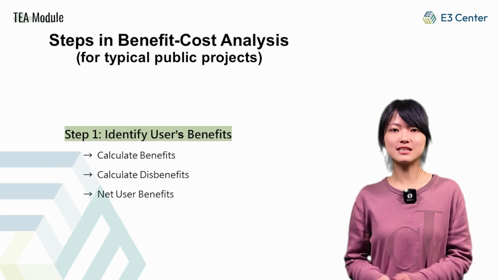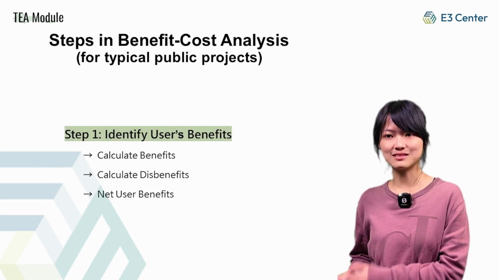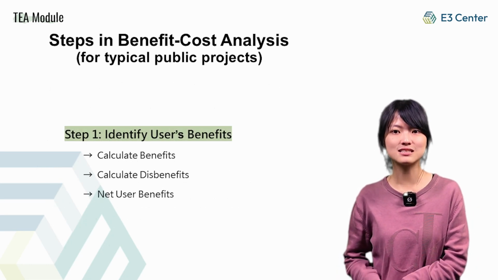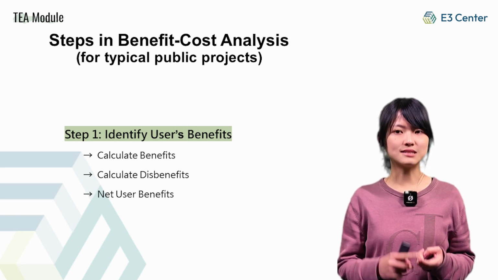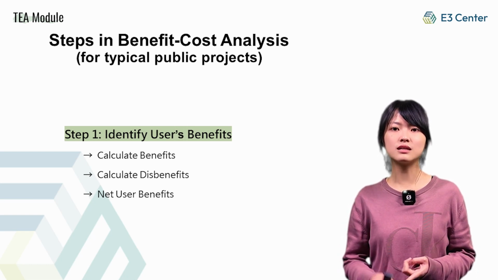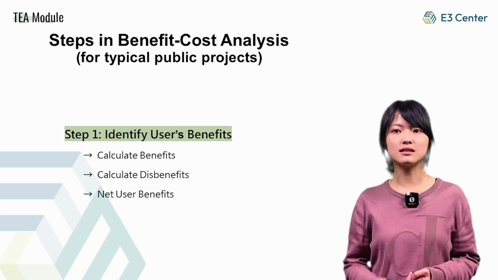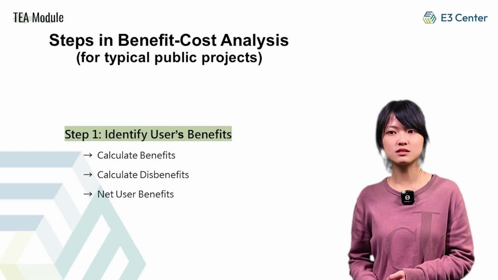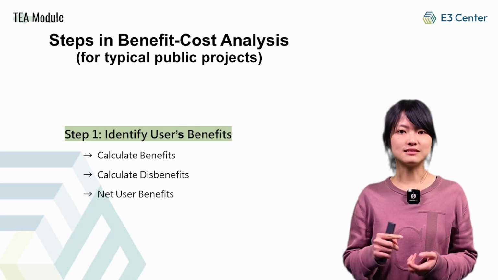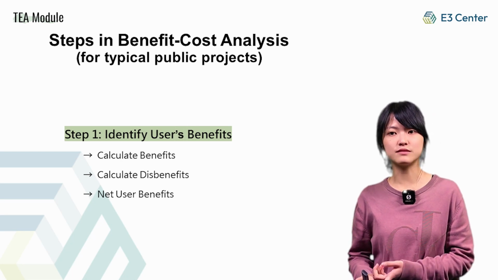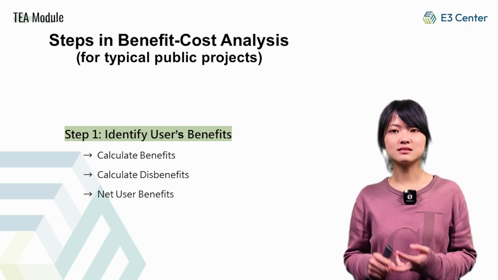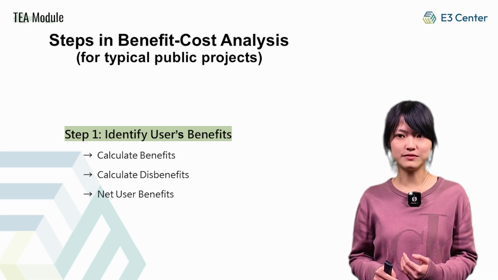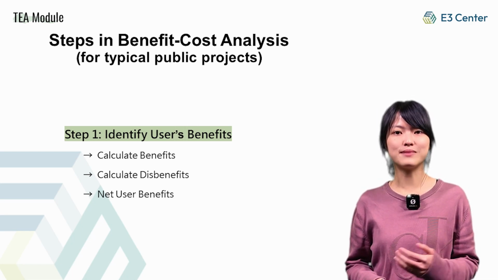Now let's break down the process of conducting the benefit-cost analysis into three structural steps. First step is to identify user benefit, including assessing all direct and indirect benefit to users in monetary terms, identifying any possible negative impact in dollar terms, and then subtracting this from the benefit to determine the net benefits to